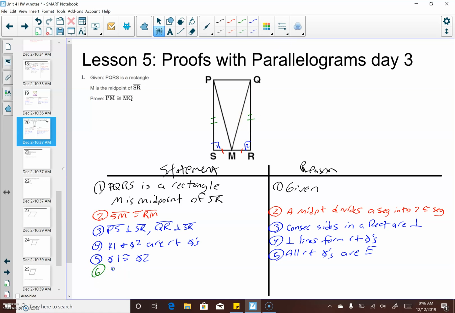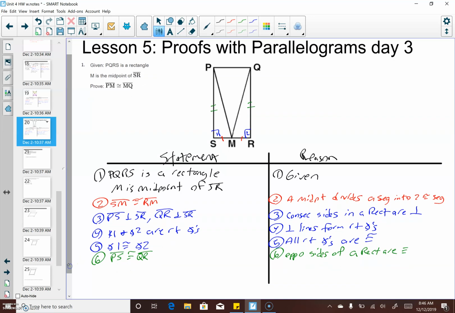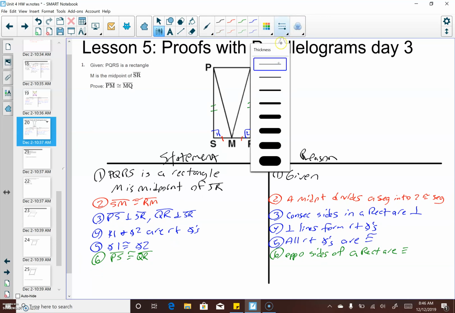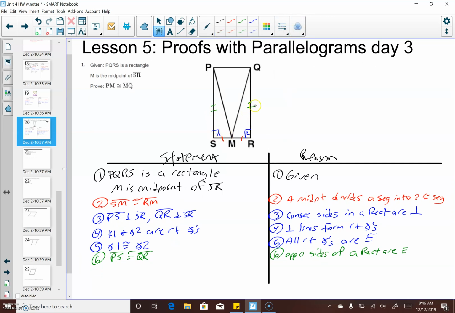And that's in step 6. I'm going to say that PS is congruent to QR. And that's because opposite sides of a rectangle are congruent. So now if I look at my two triangles, I have a side angle side pattern in both of them. So step 7 is going to be triangle PSM is congruent to triangle QRM